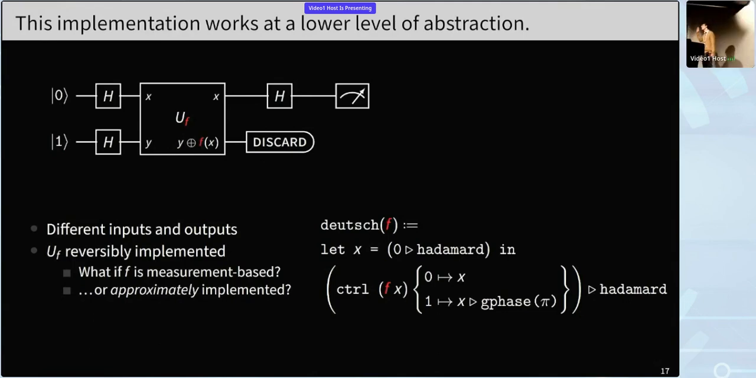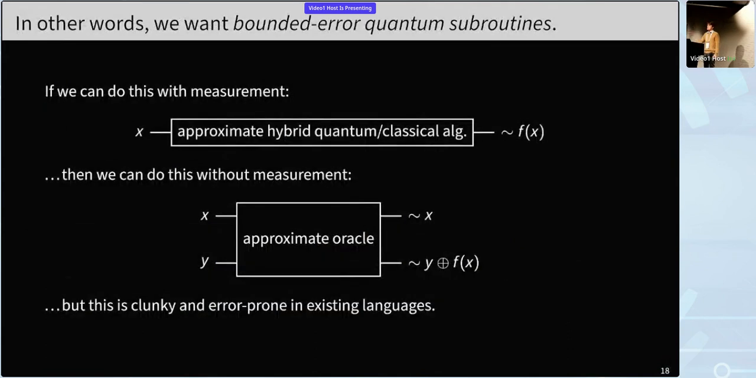The deferred measurement principle to convert it into a nicer form. If your implementation of F is only approximately implemented, it's even harder because then you have to figure out how that approximation affects the accuracy of Deutsch's algorithm as a whole. So this is kind of a common thing in quantum algorithms, bounded narrow quantum subroutines. This is something that quantum algorithms people assume they